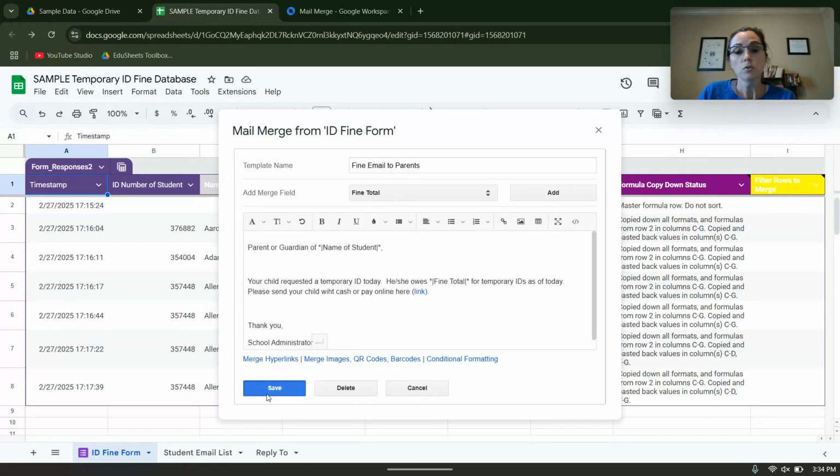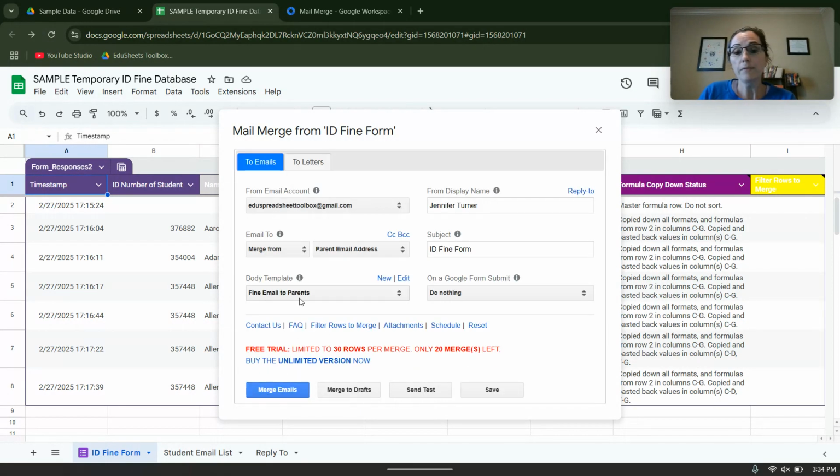letter. So I'm going to click save. So now I have that one as a template. I could have another template for this. There's no limit on the number of templates that you can have for one spreadsheet. And then over here, you're going to, whatever the subject is,